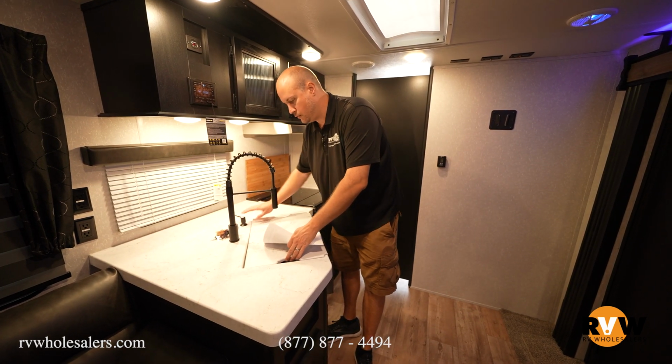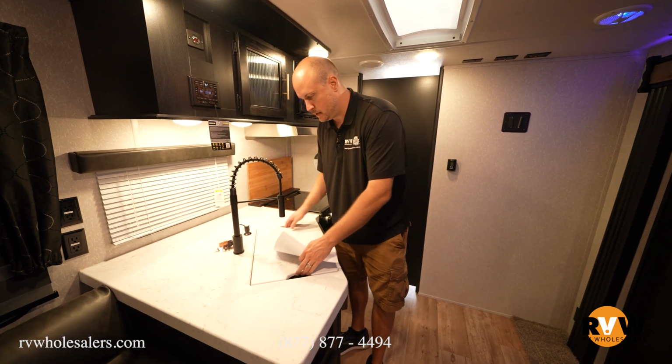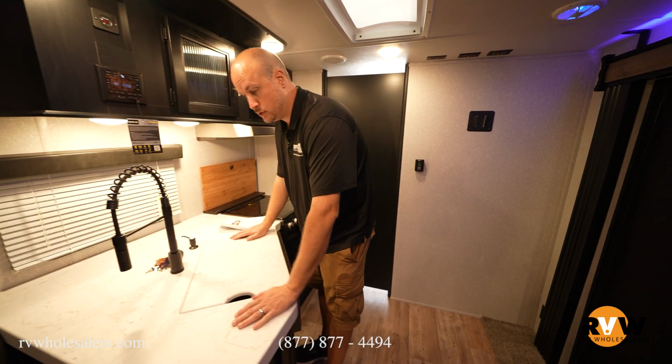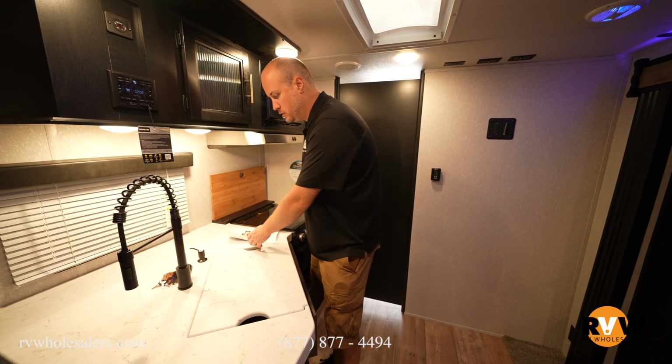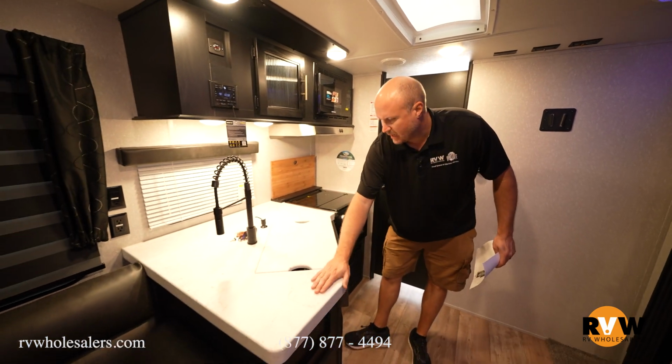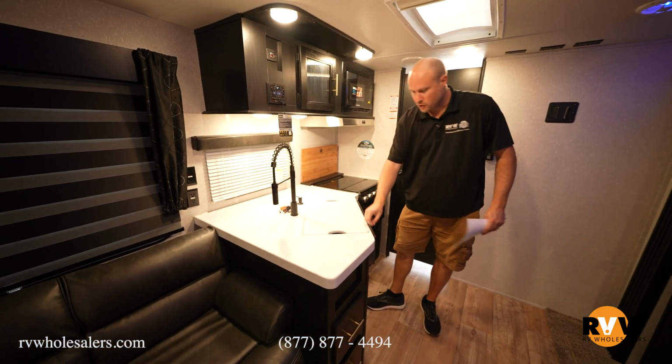And again, move your sink, your little soap dispenser right there, just turn it back a little bit, and that makes it easier to get in and out. This gives you a ton more counter space with your sink cover there, and it matches, all seamless, like a Formica countertop, so you don't have to worry about your